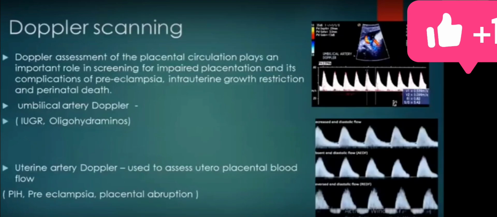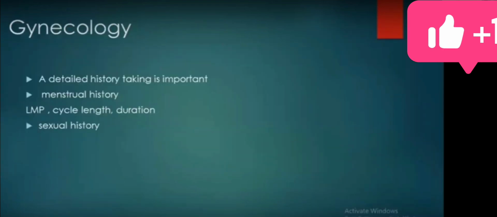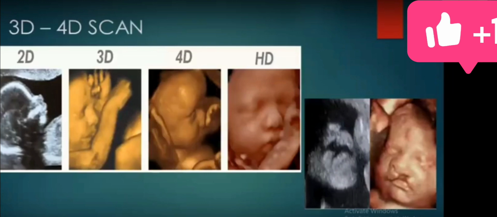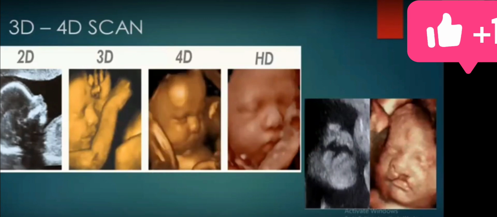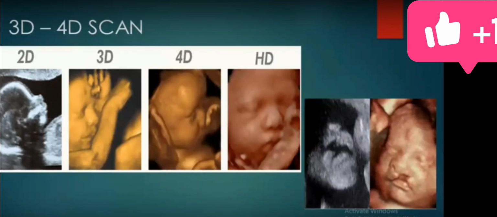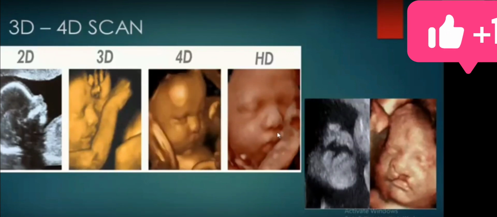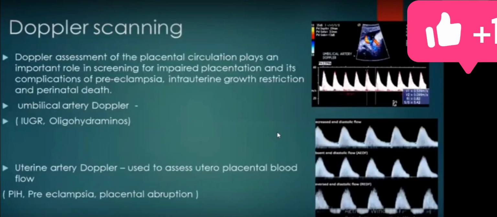Sorry for the trouble. I want to add two more points in the obstetrical investigations. One more is the 3D or 4D scan, which is now an advanced type of scan. It is especially done to assess cleft lip or cleft palate, which can be easily seen in the 3D or 4D scan. Doppler scanning is also done in the last trimester. It assesses the normal flow of blood through the umbilical artery or uterine artery, which is essential to understand whether